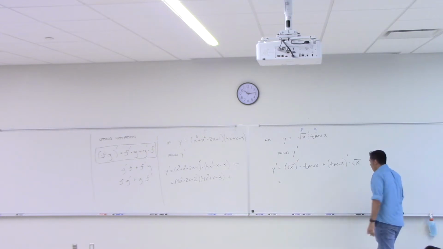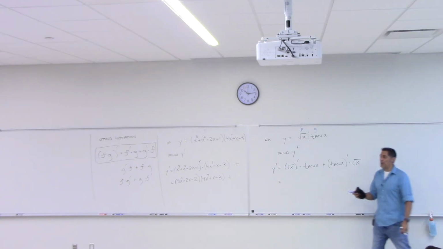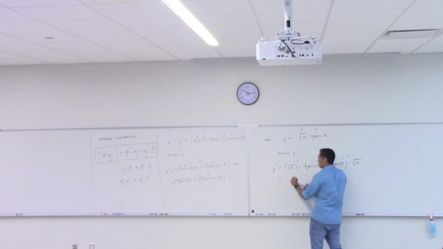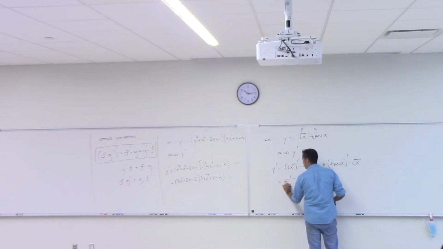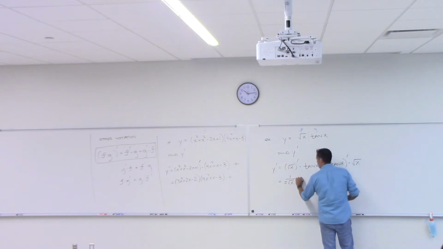Well, let me finish it. What's the derivative of the square root of x? 1 over 2 root x. Remember I put stars next to that, said memorize it, have it ready? You should all be comfortable with the idea that the derivative of that is 1 over 2 root x from last class. And then times tangent x